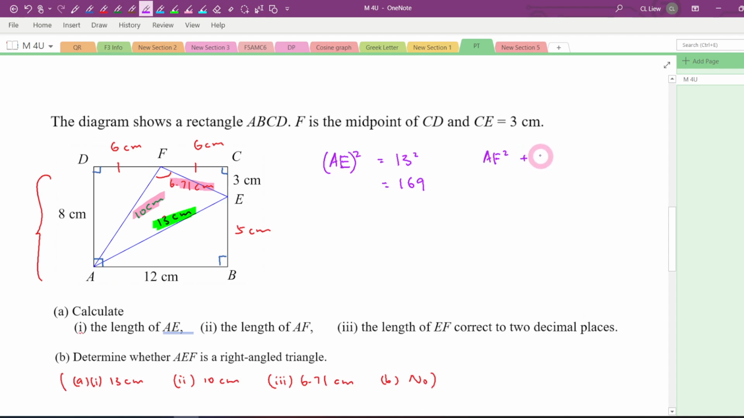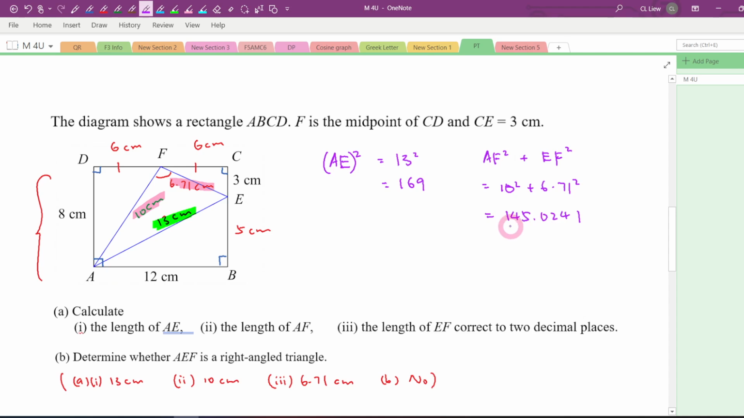And AF square plus EF square is equal to 10 square plus 6.71 square. Okay, just press your calculator. 10 square plus 6.71 square, which is equal to, this is 10, not 16. This is equal to